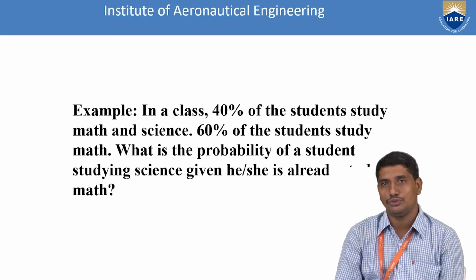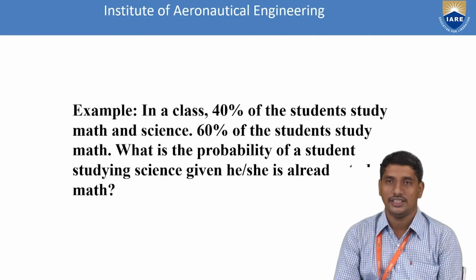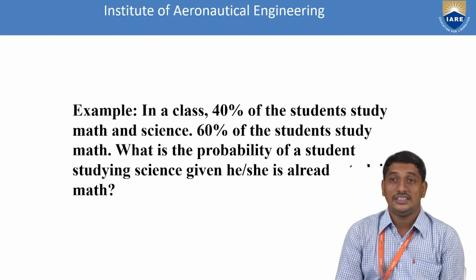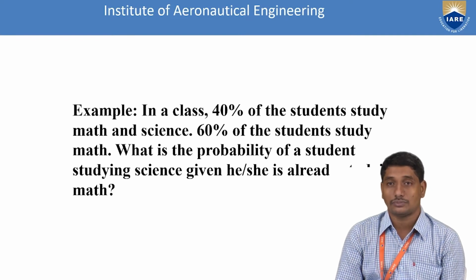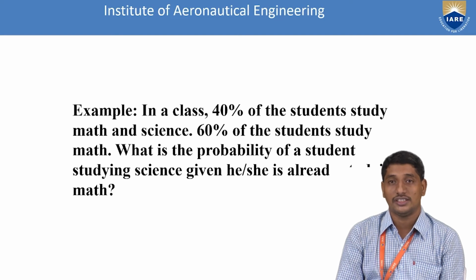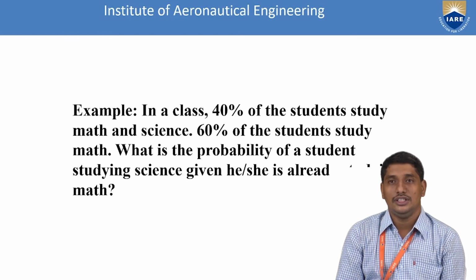That means 40% of the students are interested in doing both mathematics and science, and 60% of the students are interested in mathematics. Based on these clues, we are asked to find, if we select a student at random and we know that the student is interested in science, he is very good in science,